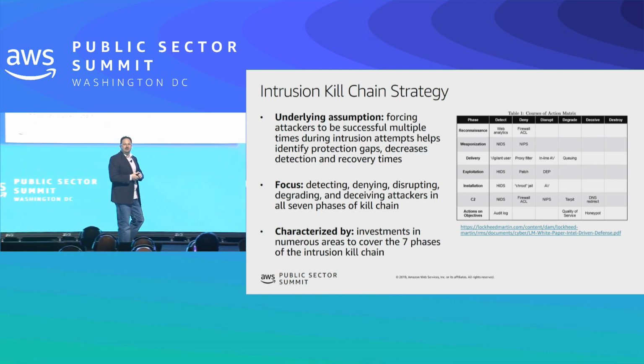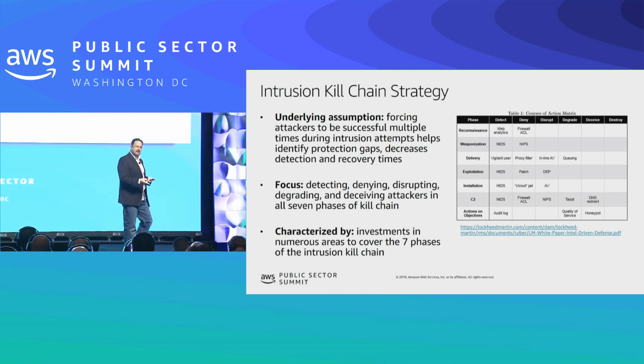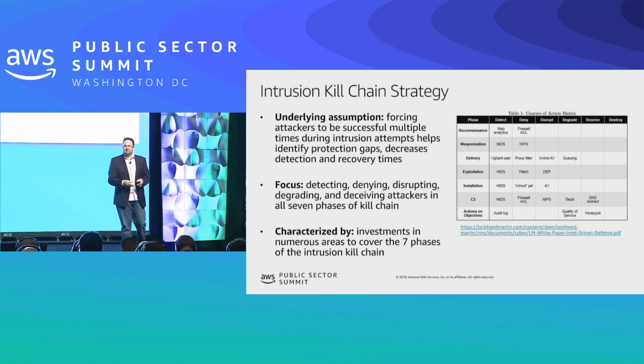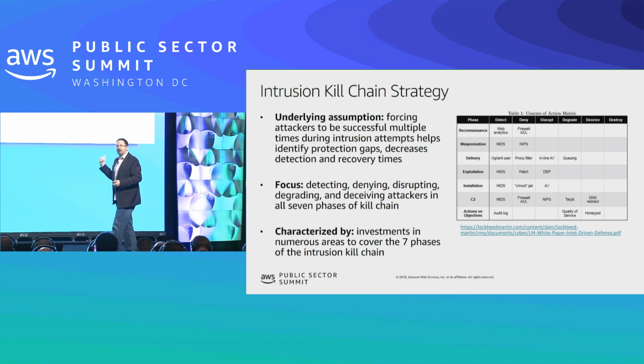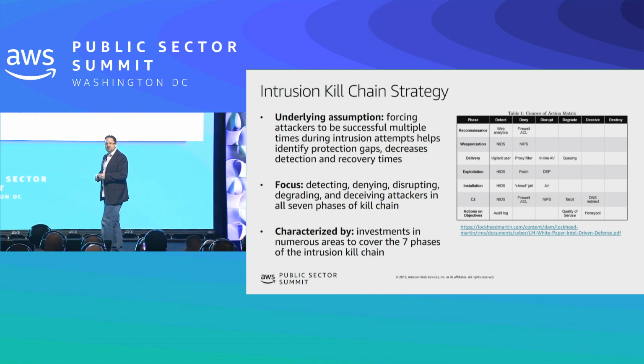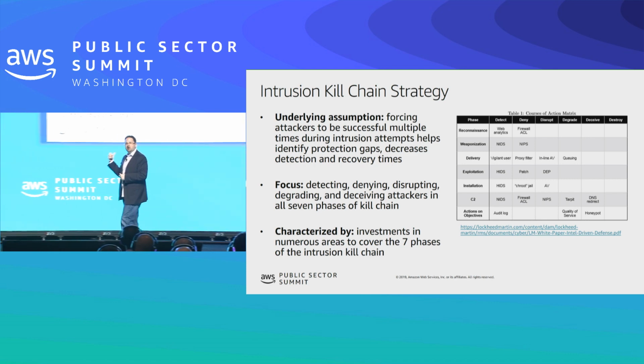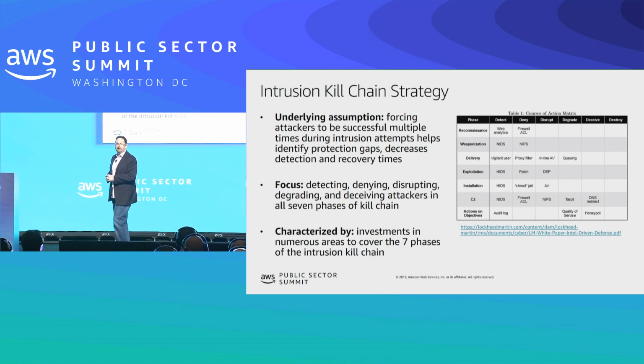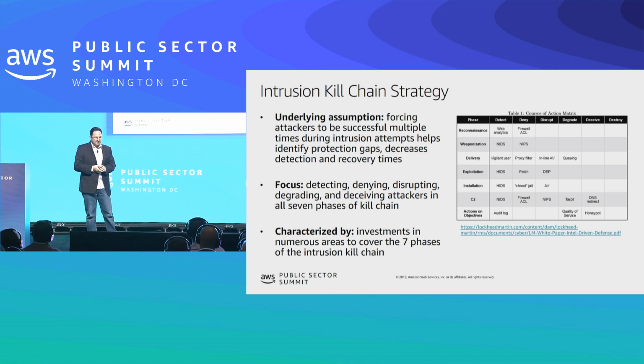Now they have to figure out how to deliver that weapon. Is it going to be via email? Is it going to be via USB drives? Which one of those 5 ways that organizations that initially get compromised are they going to use to deliver that weapon? That's what they decide in this phase.